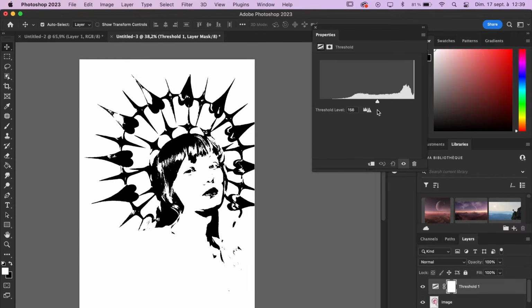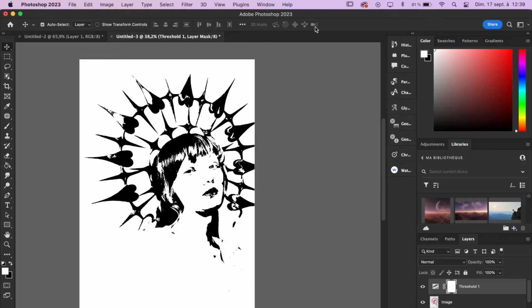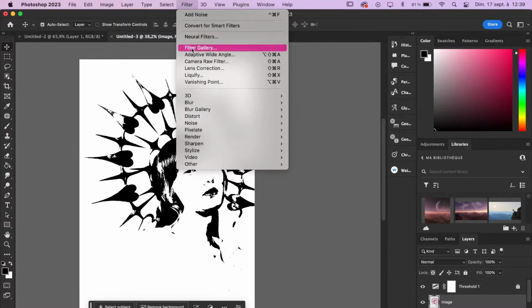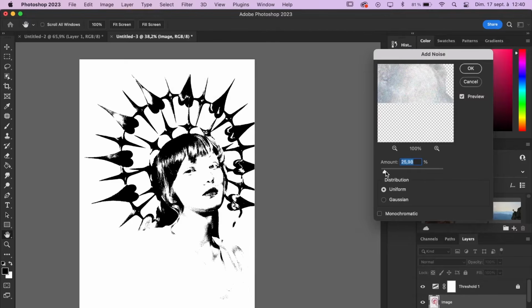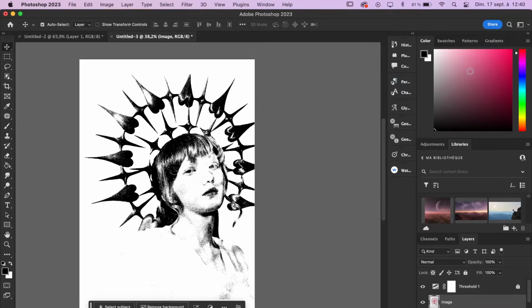To have a good balance, I want to make a mix of the two so that the image remains recognizable without being too loaded with details. We will go to Filter, Noise, and then Add Noise. We see here that adding noise gives us more detail, but if our value is too high, we can have a bad photocopy effect. The value depends on your image; here I put it at around 14 to have more